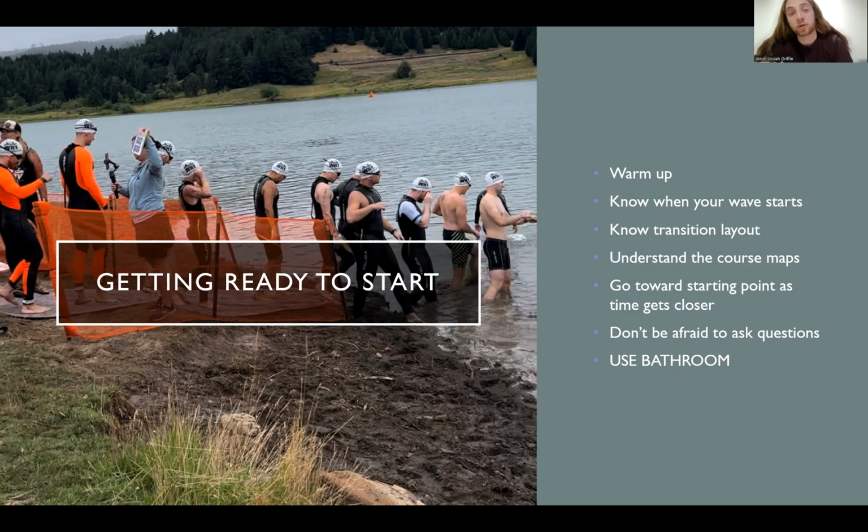Also really important, know the transition layout. Usually when you get out of the swim, you're going to run up some sort of chute, enter transition in one corner. The bike exit is going to be on the other corner. And then coming in from the bike, usually it's the same corner that you exited out of, and then the run exit is at the other corner. It's not always like that.